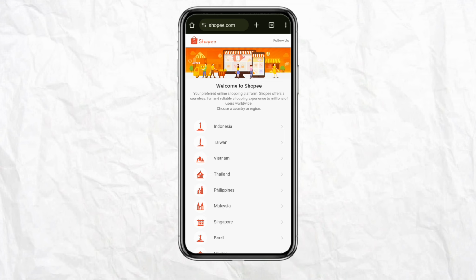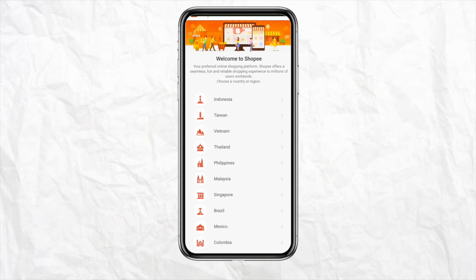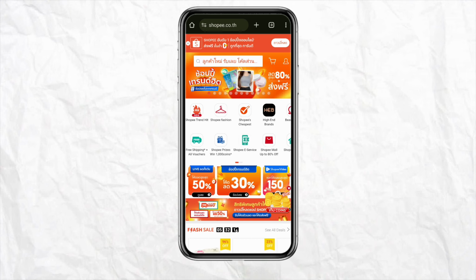So first of all, just open your SPayLater account, and after that just choose the region from which you are operating, and after that just log into your account using your credentials. And once you are logged into your account, you need to make sure that your SPayLater account is properly integrated with your GCash account, and this integration typically happens when you sign up for your SPayLater through the GCash